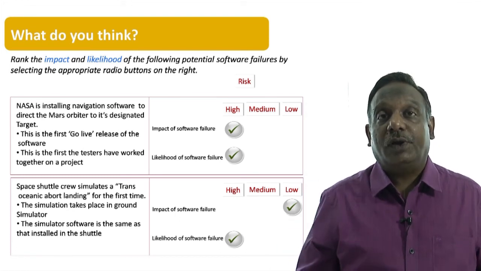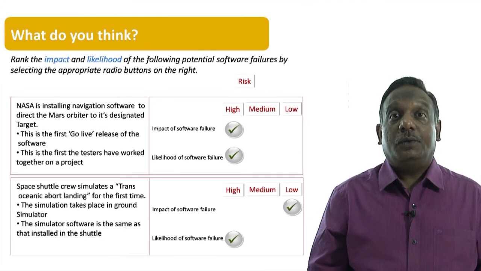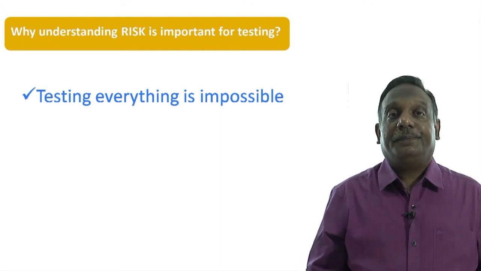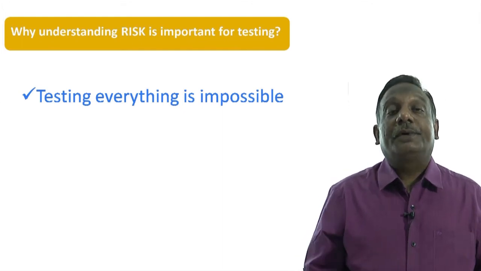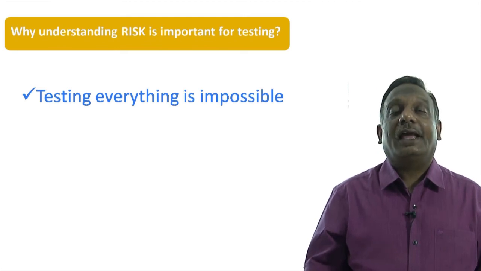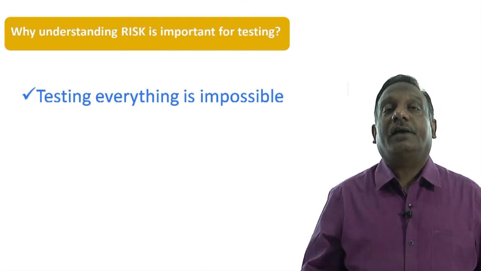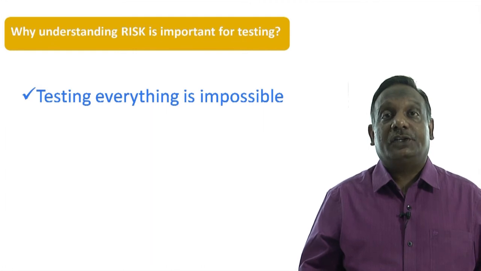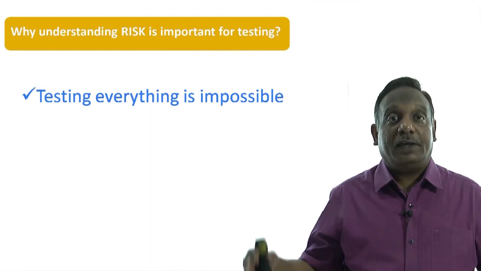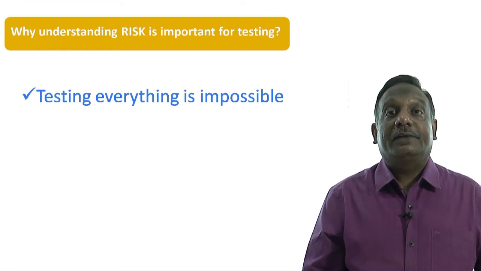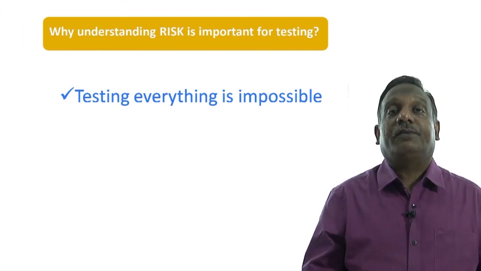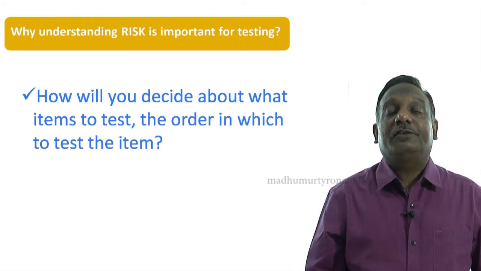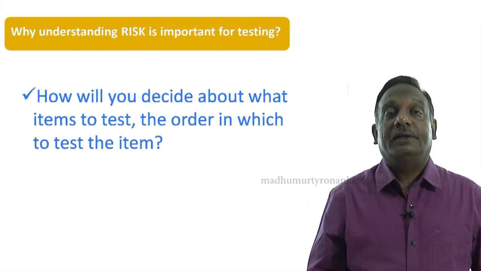So as testers, we have to spend a lot of time to understand the concept of risk and why it's important. Because in the testing principles, we talked about how testing everything is impossible. You will not have time to test every input and combinations of inputs and preconditions for any software. So you always have time to only execute a subset of tests. But which subset of tests should I execute out of a lot of possibilities? You have to analyze based on the risk involved with the software.